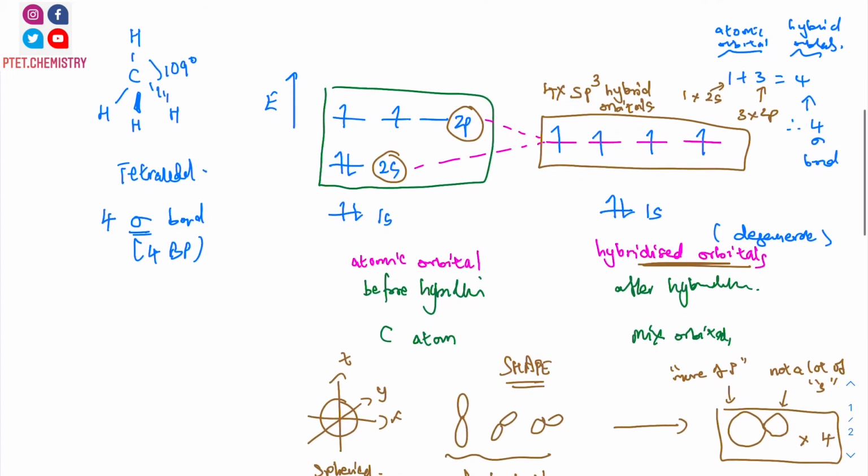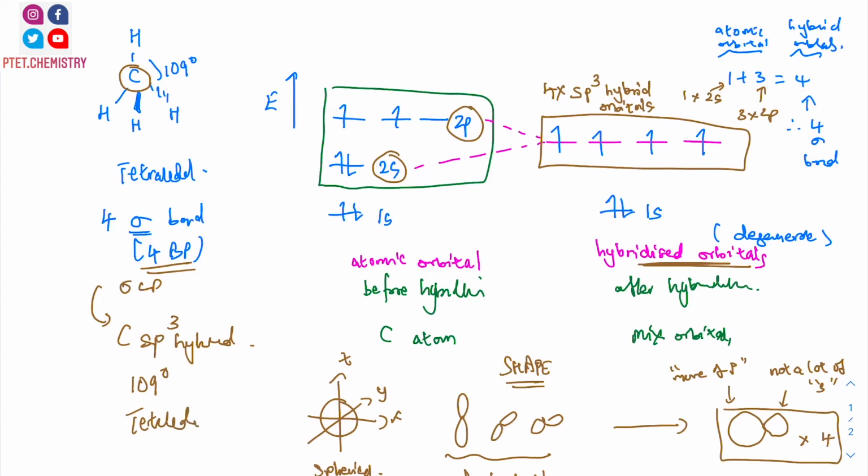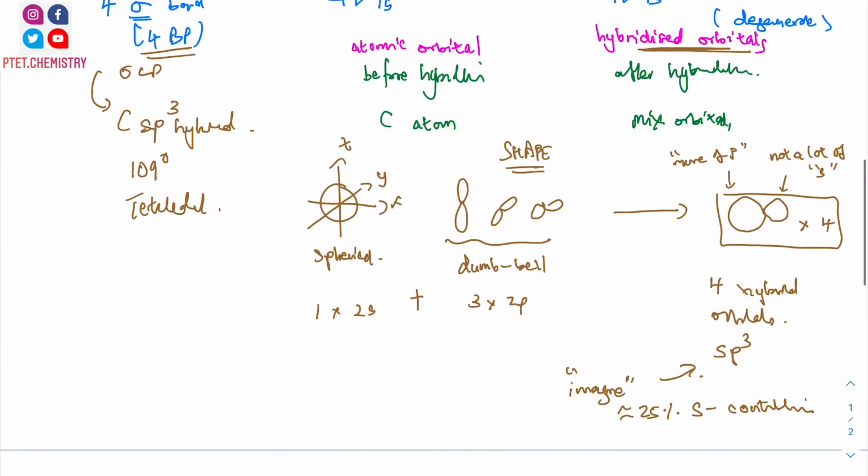Okay, this is tetrahedral geometry. In every single carbon that has 4 covalent bond, in every single carbon that has 4 sigma bond around it, that means 4 bond pair, 0 lone pair, it will be a carbon sp3 hybridized. Okay, because 1 plus 3 give you 4 sigma bond. And that will tell you that it's 109 degree tetrahedral. So very common in alkane chemistry. Okay. How about when we have